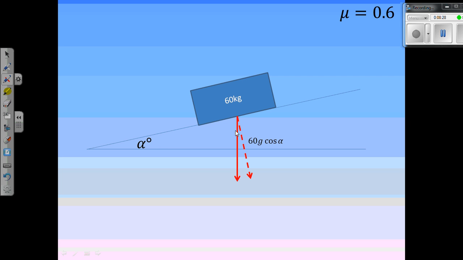Okay, so if we resolve horizontal and perpendicular to the slope, perpendicular to the slope it's 60g cos alpha, because that angle there is going to be alpha. And there we go, the first sign of the coffee kicking in, a bit trigger happy on the buttons. 60g sine alpha is going to be parallel to the slope. You've got a 60g cos alpha for the normal reaction, because there's no